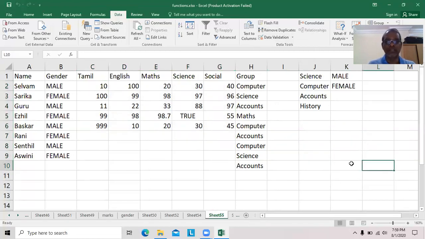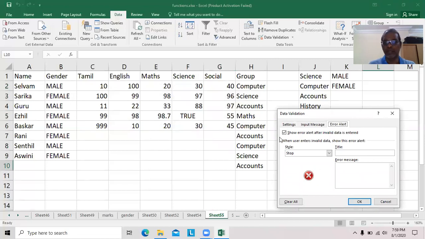In this lesson, we studied remove duplicates as well as data validation. Data validation contains three parts: settings, error alert, as well as input message. Error alert contains three types: stop, warning, information. At any cost, stop will not accept any wrong entry or invalid data. Warning will accept after giving you a message asking whether you want to accept or not, that is yes, no. Information means it accepts, but shows you are making some mistake. Stop means retry, cancel. Warning means yes, no. Information means okay, cancel.